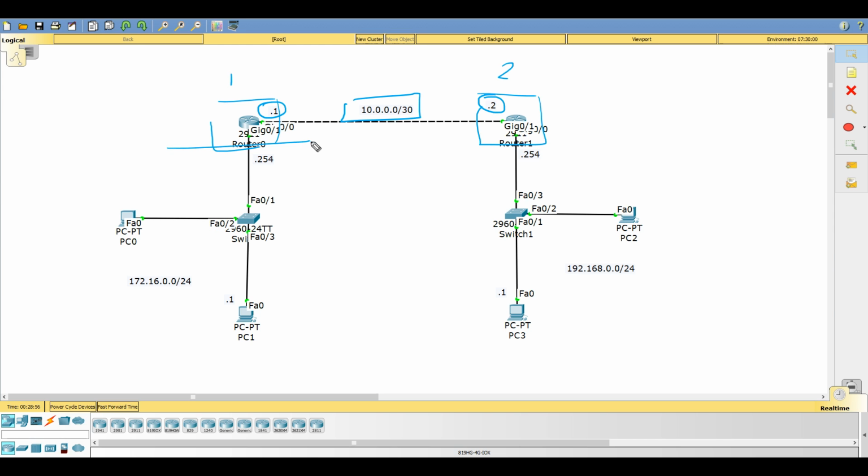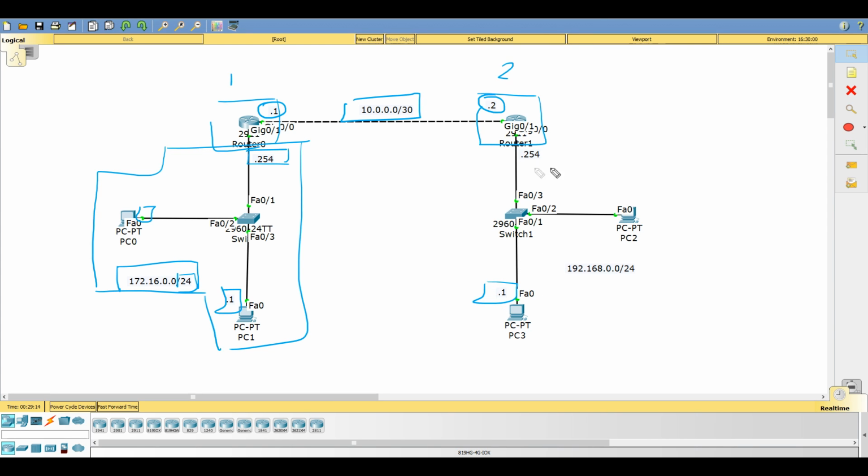We have a network that all these devices are part of, which is the 172.16.0.0/24. We have .1 is the PC, we have .2 over here, and 254 as the gateway. Same is true over here, .1, .2, 254 as the gateway, but a different network of